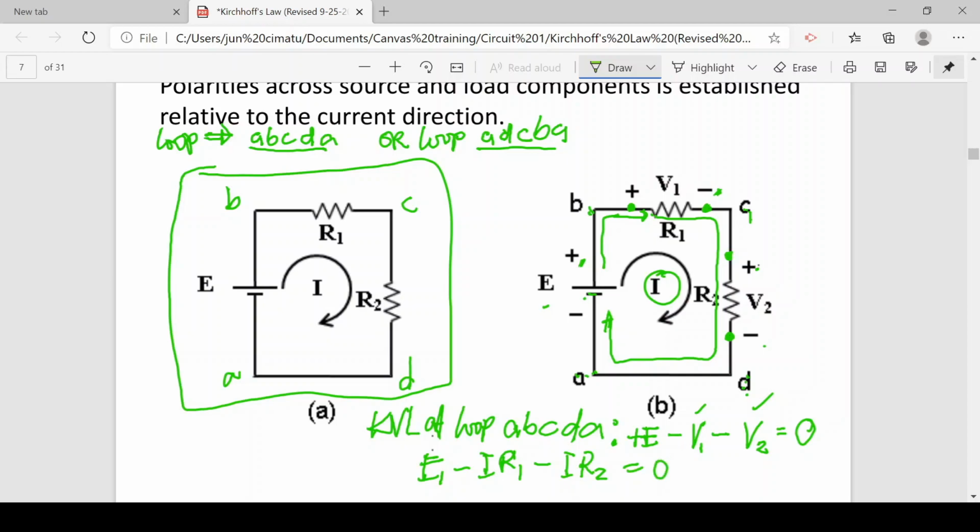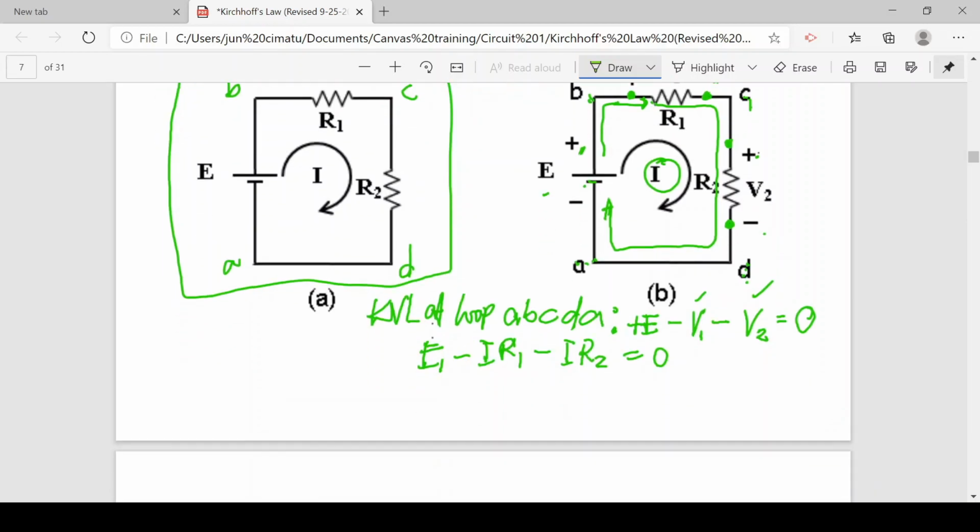If we rearrange this equation, we can have E is equal to I times R1 plus R2, which clearly shows that the voltage supplied is equal to the voltage across the R1 and the voltage across the R2,